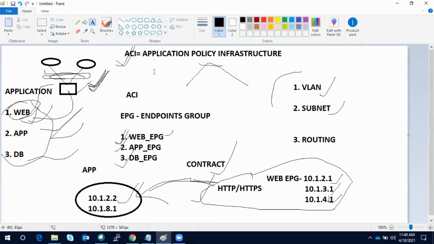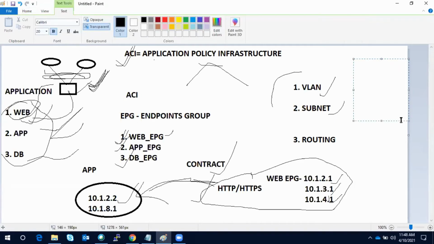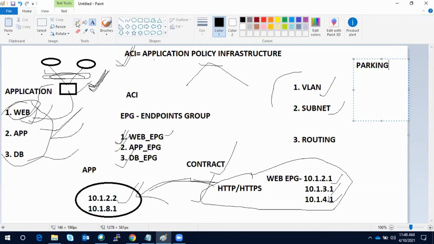Okay. So now you understand why we call it application policy infrastructure. And what is policy? If you are going to a club or any society or any place, and there is a sign of no parking, what will you do?